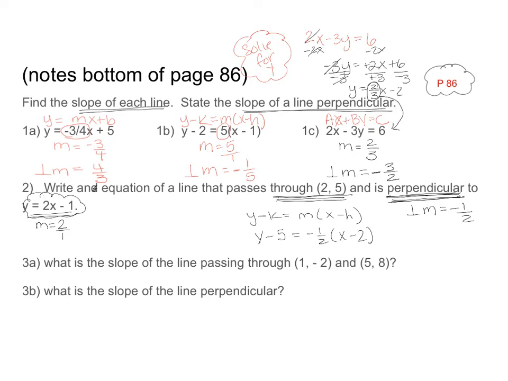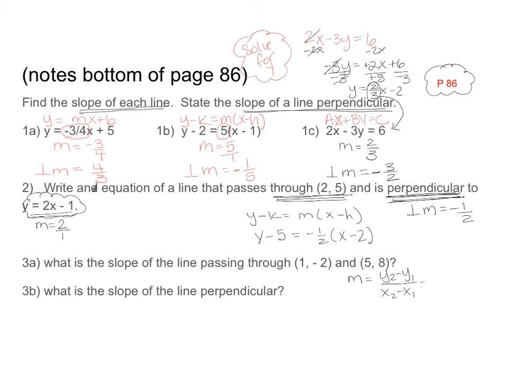3a says, what is the slope of the line passing through (1, -2) and (5, 8)? So (1, -2) and (5, 8) are 2 points on a line, and I'd like to find the slope of that line. Since I'm not given a graph, I can't use slope triangles, so I'm going to use the slope formula. As a reminder, the formula for slope is the difference in my y values over the difference in my